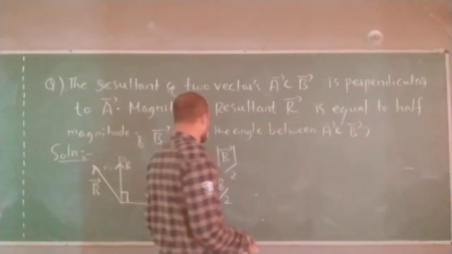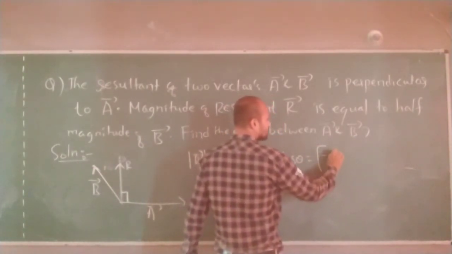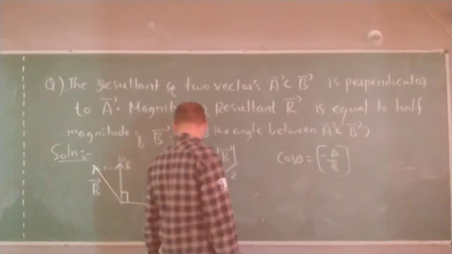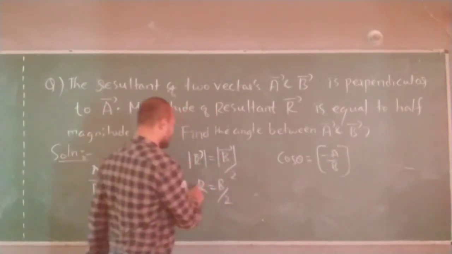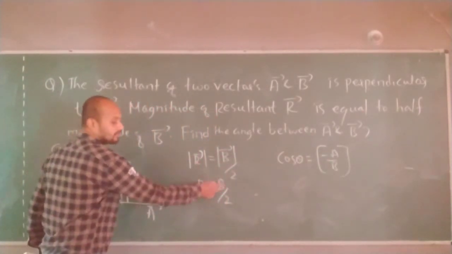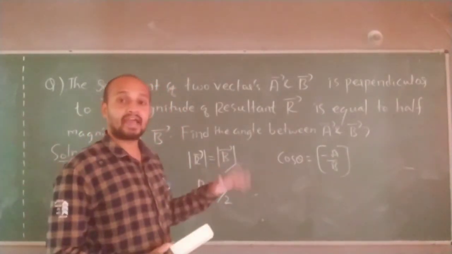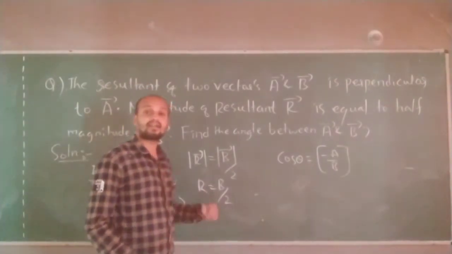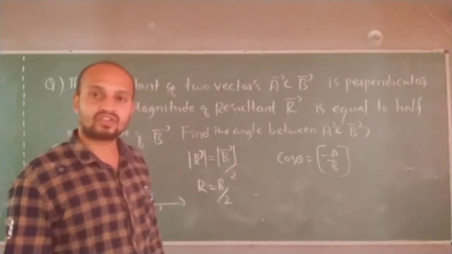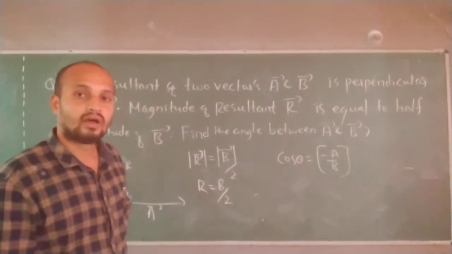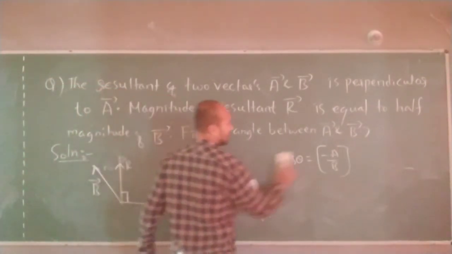According to the previous condition, you learned only one formula: cos theta is equal to, in this case, minus A by B. Correct now? Here, I cannot find the angle because I don't know A. I only know the relation between the resultant and B. So what am I going to use? You can find A, but it becomes more complicated using the resultant formula, that is root of A square plus B square plus 2AB cos theta. That formula becomes more complicated. So, as I don't know the value of A, I cannot use this technique.